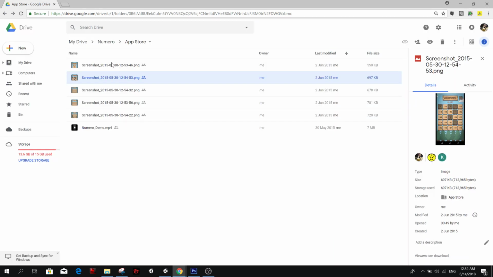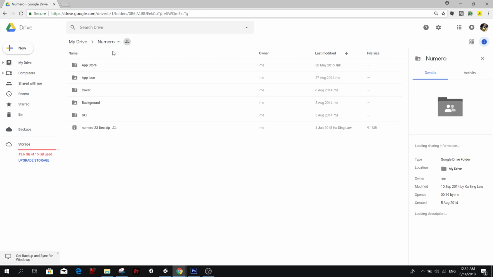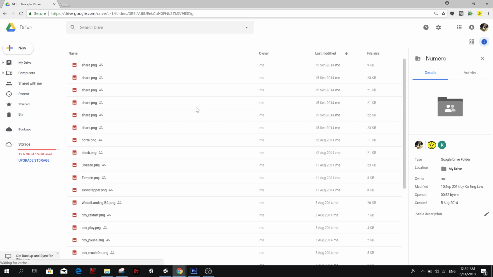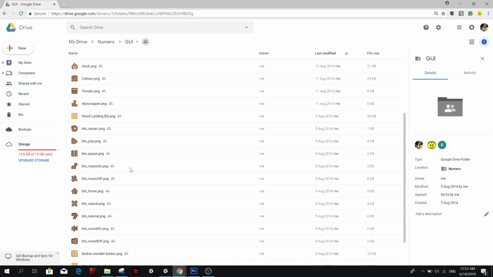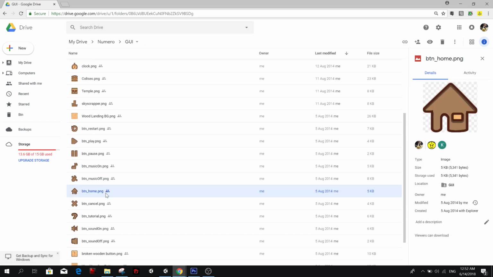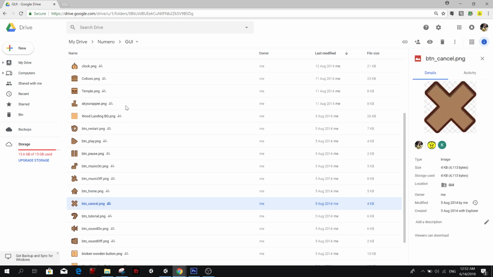I'm gonna use the graphics I did because I did this game in the past, and now Google pulled it down because of the privacy terms and that kind of things. So I have the graphics here that I did long ago. I made them in Photoshop. So we're going to use these graphics to make the game.